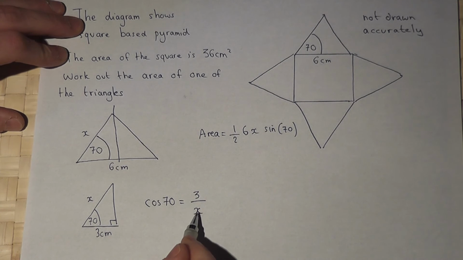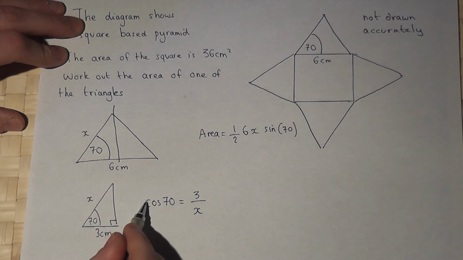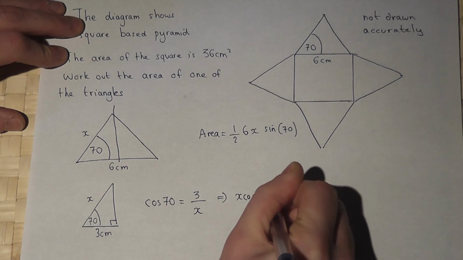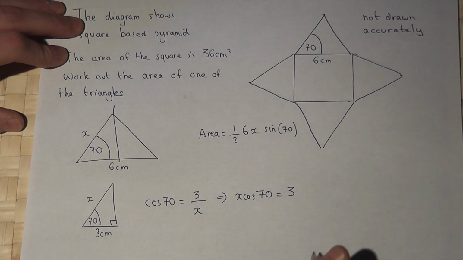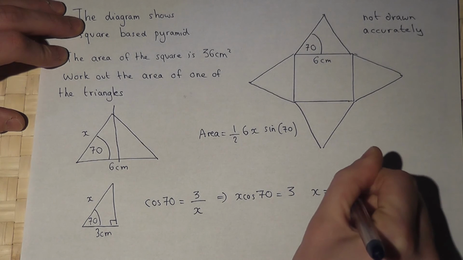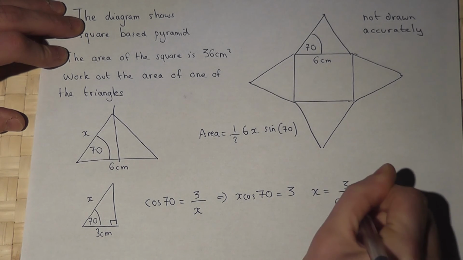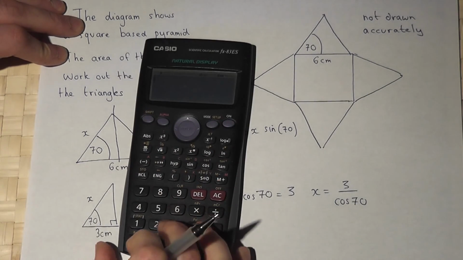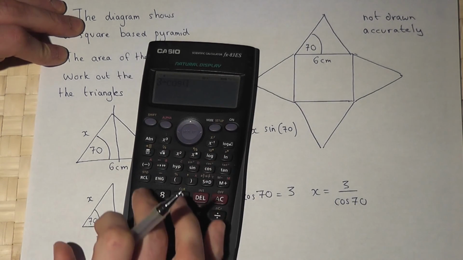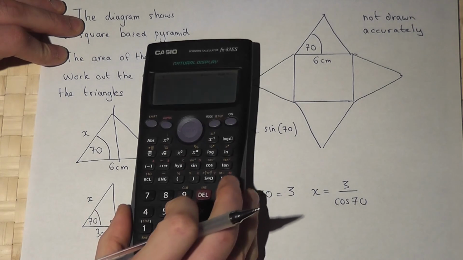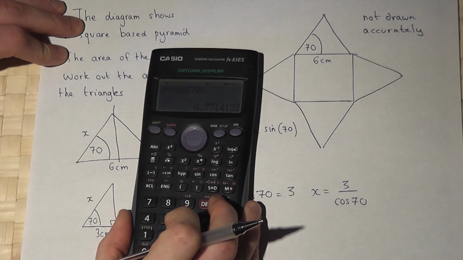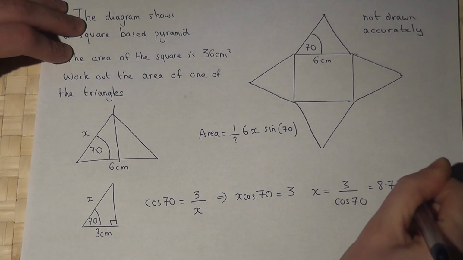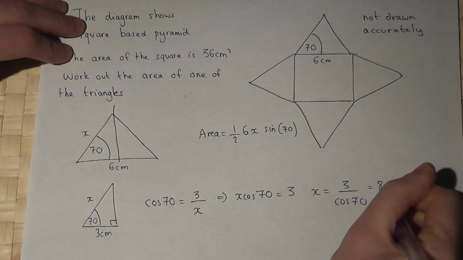So I can solve this to find x. If I cross multiply, I get x cos 70 equals 3. So x equals 3 over cos of 70. So if I get my calculator and do 3 divided by cos of 70, I work out that x is 8.77 centimetres